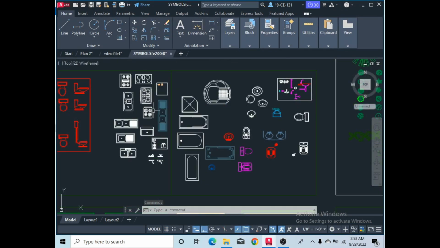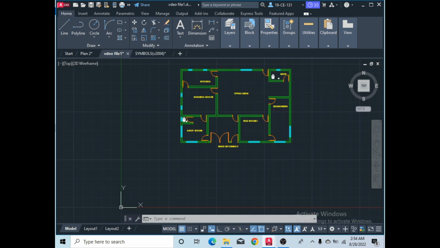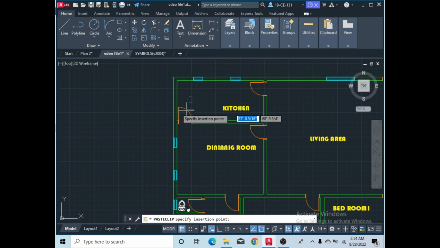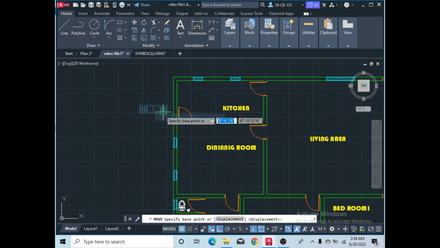You can see the kitchen's symbols here. Let's copy this, Ctrl C, and then come to this file and Ctrl V, paste it. So it is pasted here. Click here. Now you can see, just take the rotate command. Simply click on it, press enter, specify the base point. Now rotate with ortho on and rotate it like this, and then move it simply